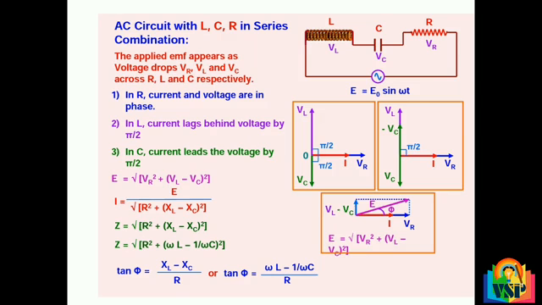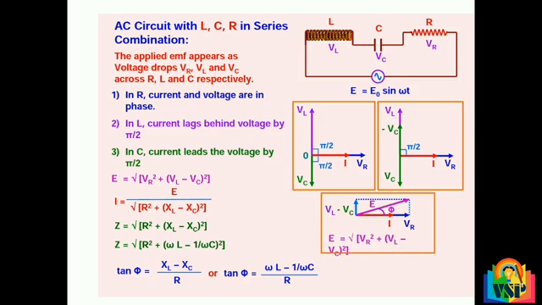So what is impedance? Impedance is a type of resistance which exists in an LCR series circuit. Whenever inductor, capacitor and resistance are connected in series with an AC source, some resistance is developed. That resistance is called impedance. Impedance formula: Z is equal to root of R square plus XL minus XC whole square. We know that XL is equal to omega L, XC is equal to 1 by omega C. So here this is the magnitude.